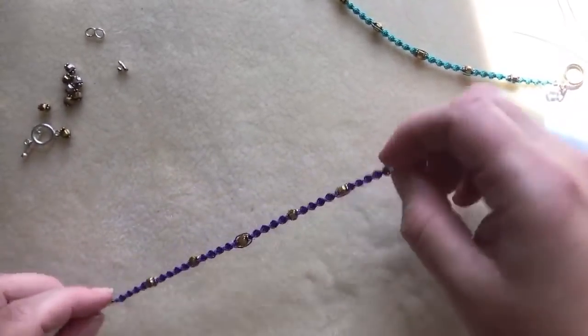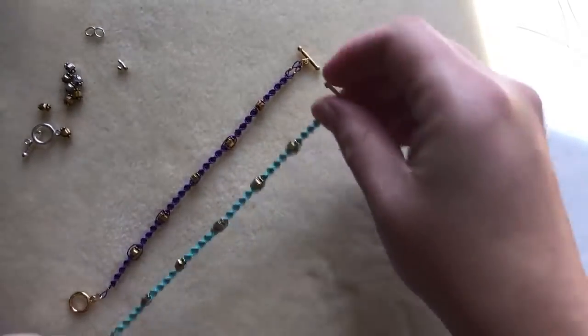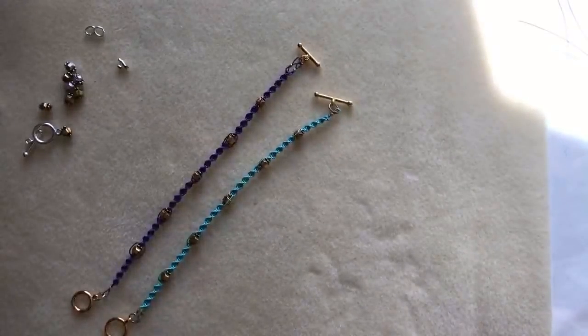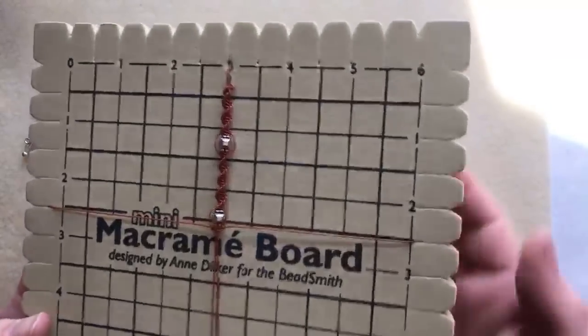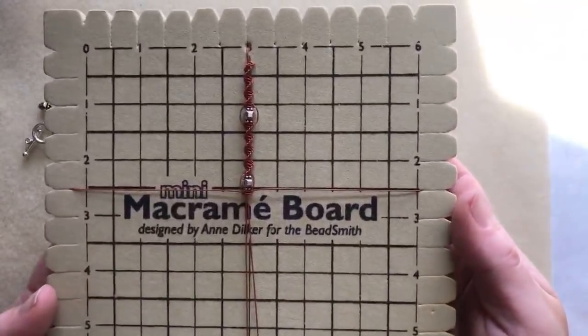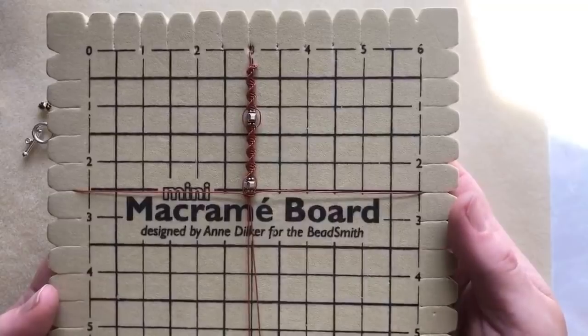And there you've got your half knot spiral macrame bracelet. That's the purple amethyst, that is the green turquoise, and then this is the red jasper one we were working on. I will finish this one up and post the picture on our Instagram page, which is just Soft Flex